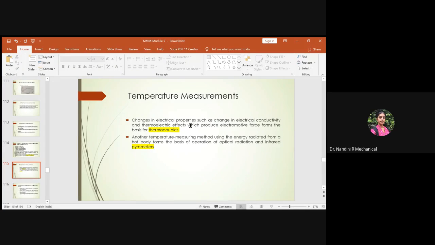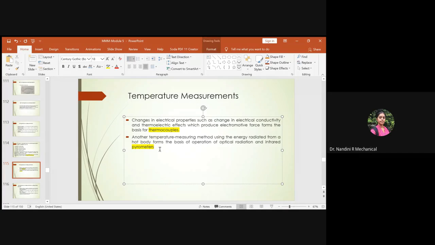So when you have the change associated with electrical properties, which induces directly EMF, which is called the electromotive force, these are the instruments which are able to measure these parameters. So a thermocouple will be helpful in measuring the amount of EMF induced in a material due to the change in the electrical properties when it is subjected to temperature or the heat treatment process. So whenever you need to measure the electromotive force induced in a material due to change in the electrical properties, we will go for thermocouples.